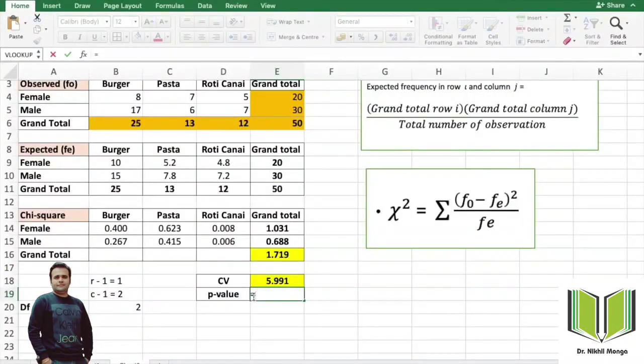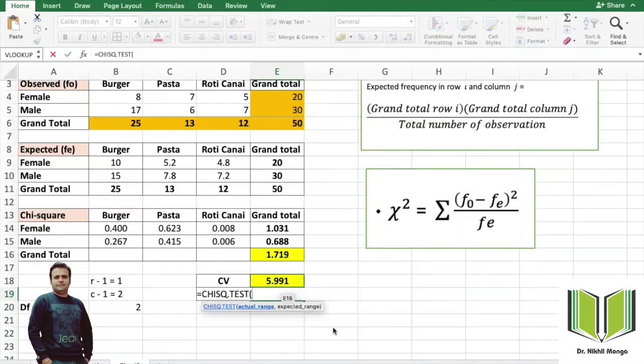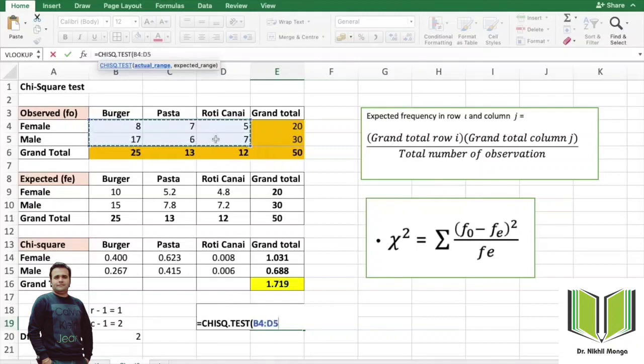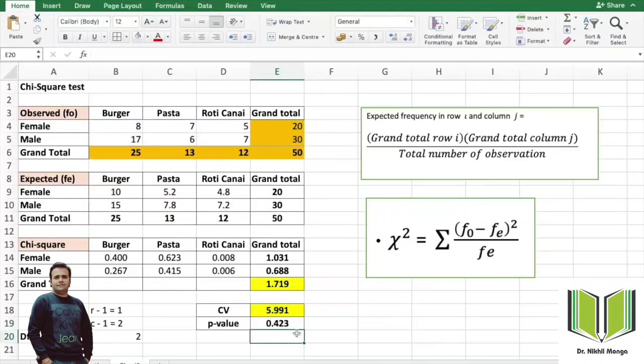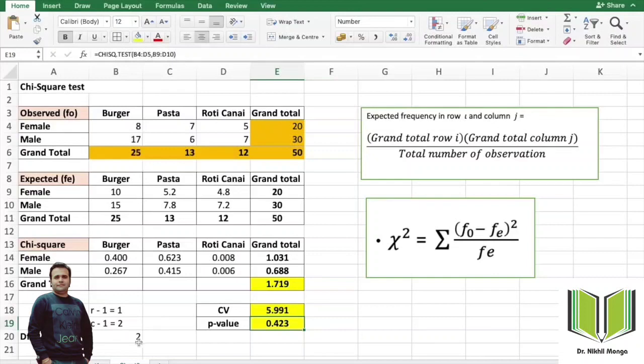So for the p-value over here, you just put an equal sign and select the formula CHISQ.TEST. Now we need to put the actual range. I select the actual range here, then comma, expected range. I close the bracket and just enter it. So I get 0.423. This is the p value.